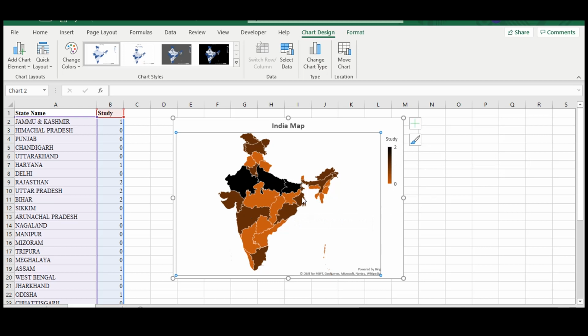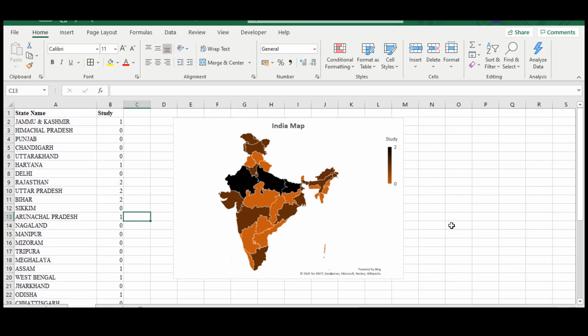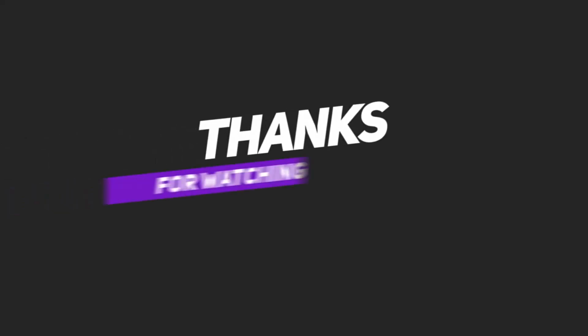So what Excel does is the information is being depicted using a gradient of color which changes from dark orange to black color. Similarly, I can create as many categories as I wish to, and the information will be depicted using a gradient of color. But whenever you have multiple categories, there might be slight variation in colors, and therefore it might be difficult to interpret. That's it for this video.